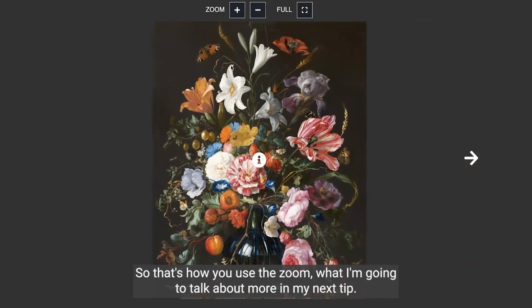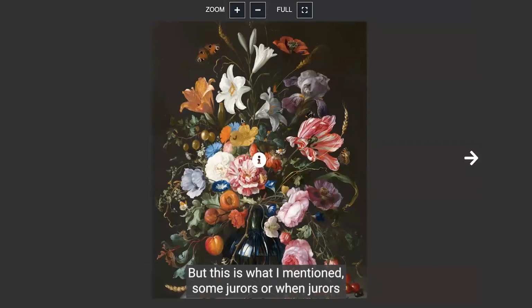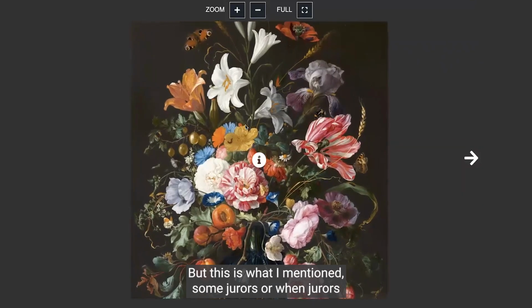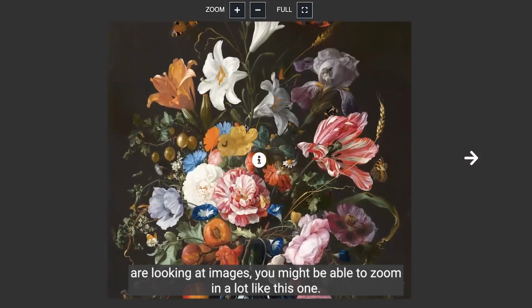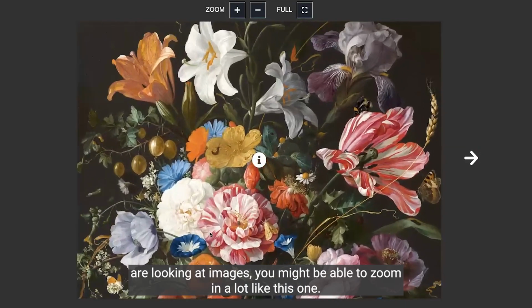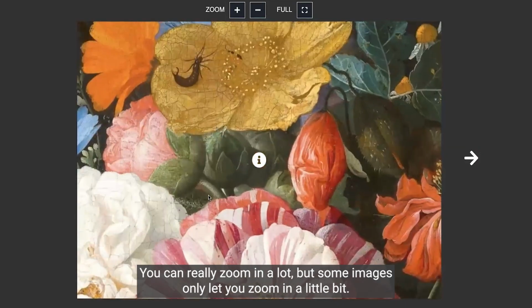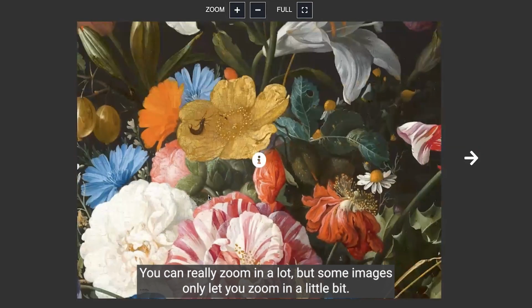So that's how you use the Zoom. What I'm going to talk about more in my next tip, but this is what I mentioned. When jurors are looking at images, you might be able to zoom in a lot, like this one, you can really zoom in a lot, but some images only let you zoom in a little